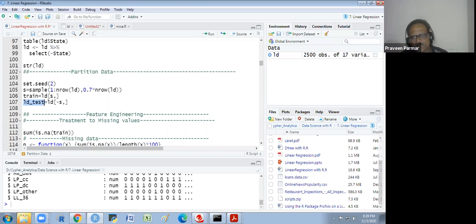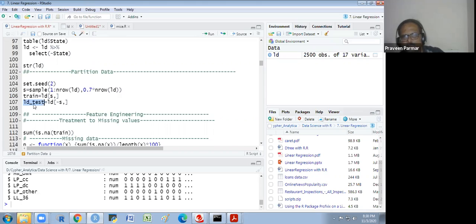Now we have a training part. Then we divide this training part into two parts again. We do the two partitions. When first we work on the data wrangling, then we partition the data in this way. At this stage, we divide the train data into training and validation.